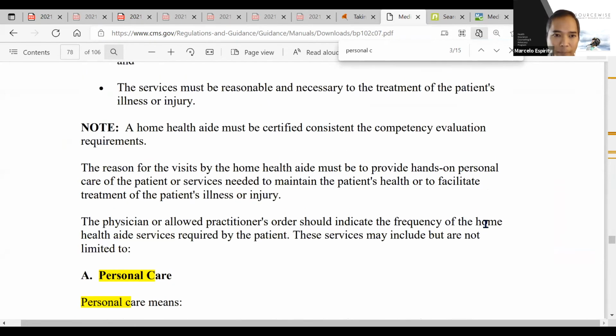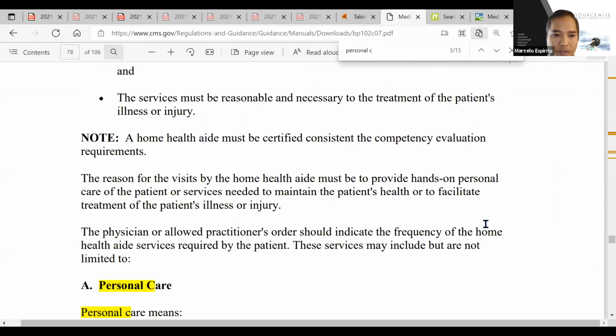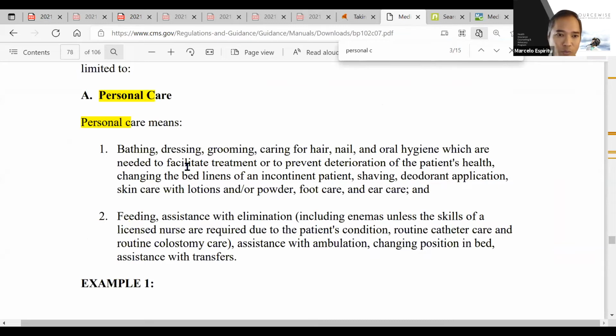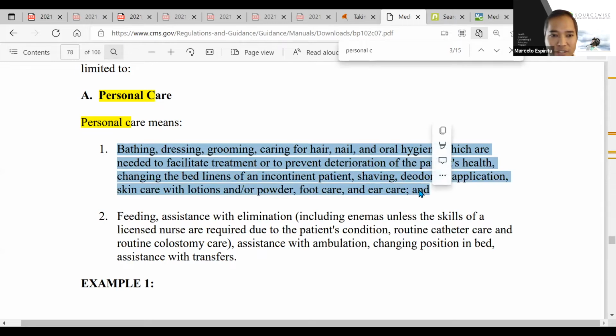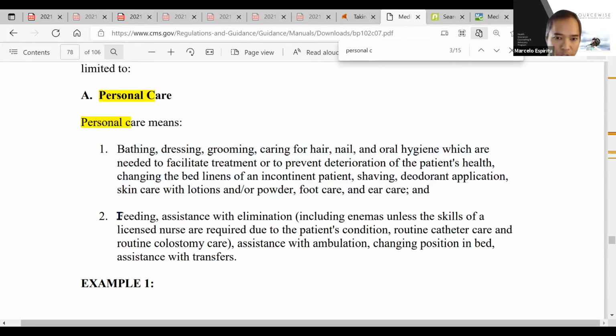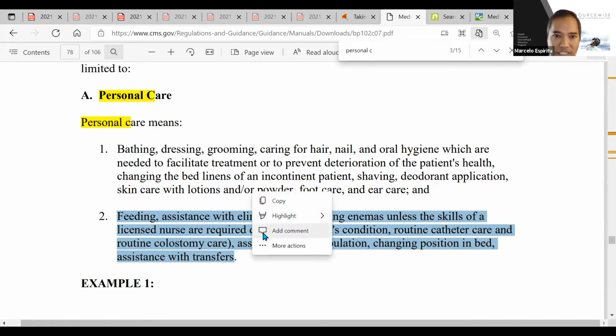Now, here's what personal care means. So again, bathing, dressing, grooming, care for hair, nail. So Medicare can do this again under certain circumstances, feeding assistance and so forth. So here's an example right out of the Medicare